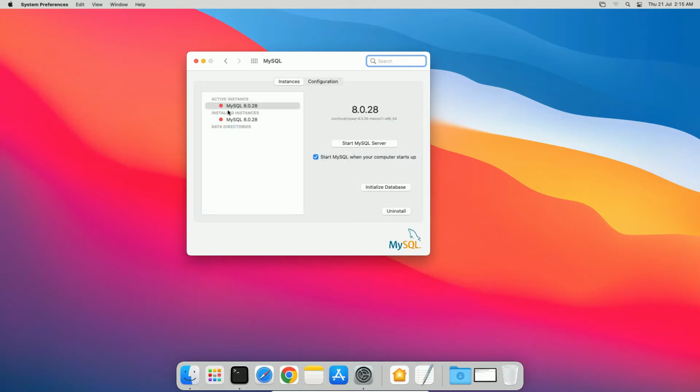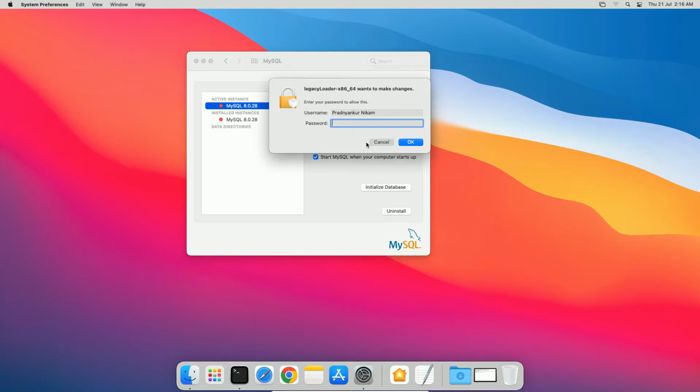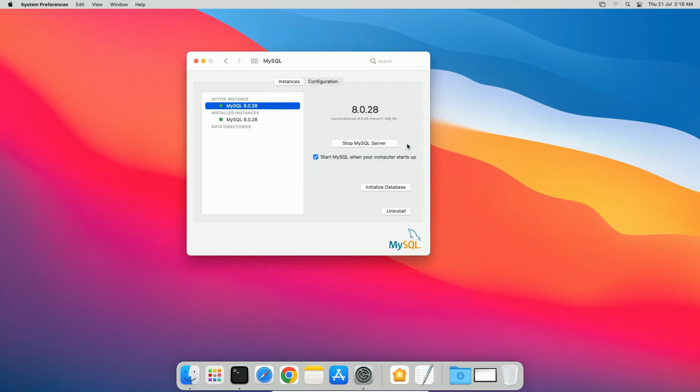Here, if you see this red icon or the MySQL instance under Stop state, then select the MySQL instance and check this option, Start MySQL when your computer starts up, and click this Start MySQL Server button. If you see this pop-up, enter the operating system user password. Press OK. And once the MySQL Server instance has started, you will see a green icon over here. Close this window